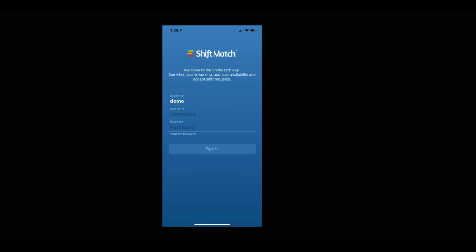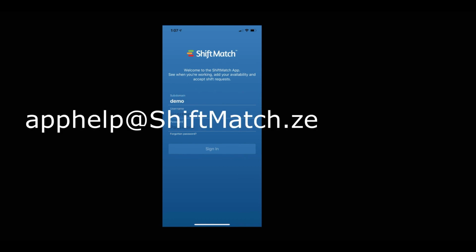If you need more help with the app, first try the help screen located in Settings. If the problem is to do with your workplace, specific shifts or login issues, contact your manager or staffing administrator. If all else fails, take a screenshot and email it through, including as much information as possible, to